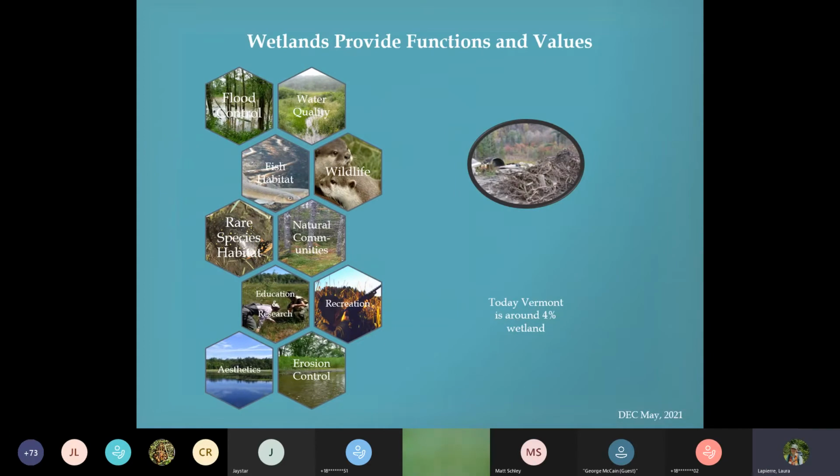So for starters, this is the reason why we're all here, why we protect wetlands in the state of Vermont. There are federal regulations, which I'm not going to speak to today. That is separate from the Vermont Wetlands Program, although we do coordinate with the Army Corps of Engineers. We protect the 10 functions and values that are recognized to be provided in wetlands.